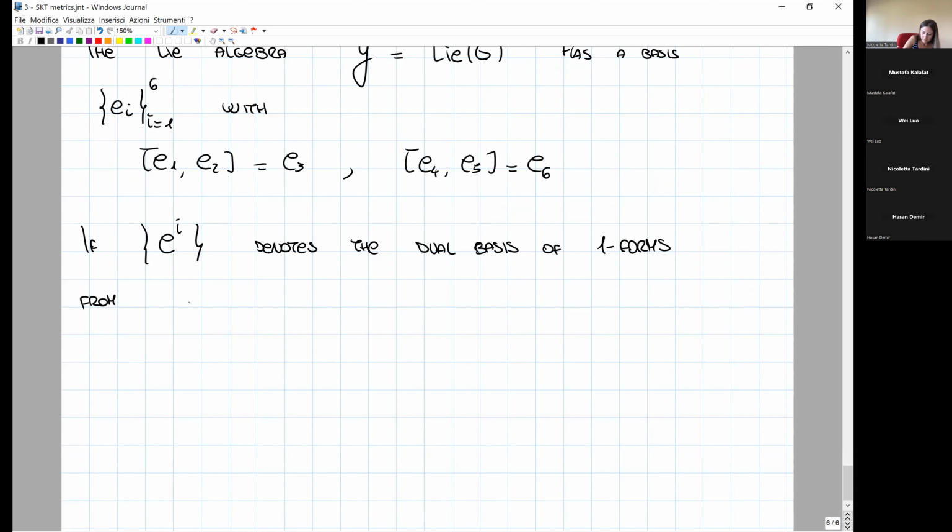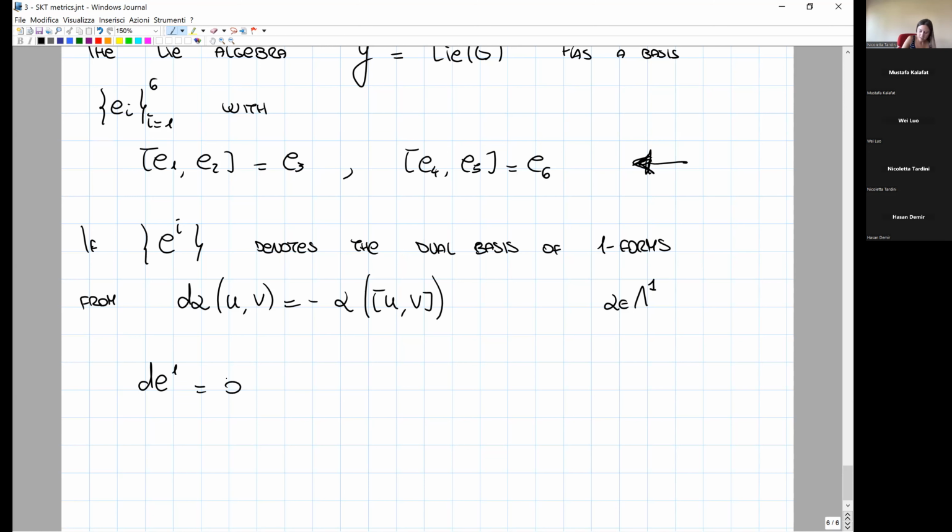From this formula for the differential, if alpha is a one form, then alpha applied to two elements is equal to minus alpha of the commutator of these two elements. Using this formula, you are able to start from these commutation relations for our elements in the Lie algebra G, and we are able to find the dual structure equations. So de1 is 0, de2 is equal to 0,